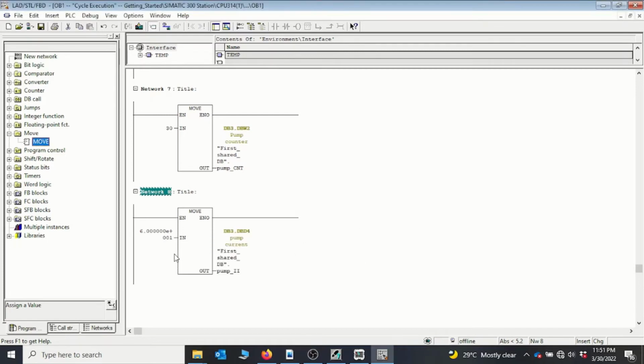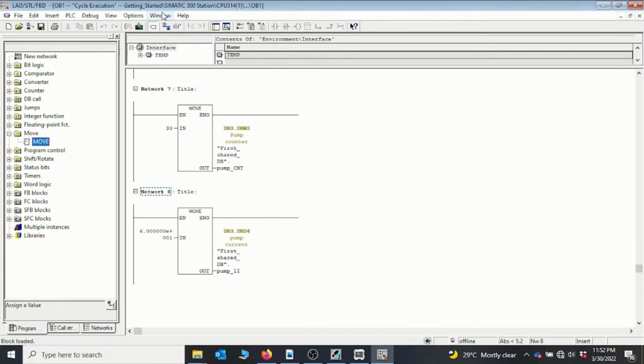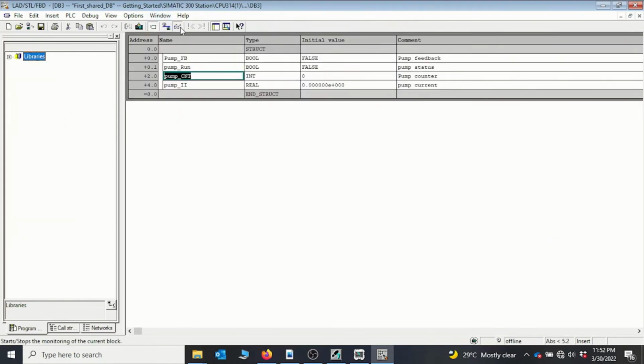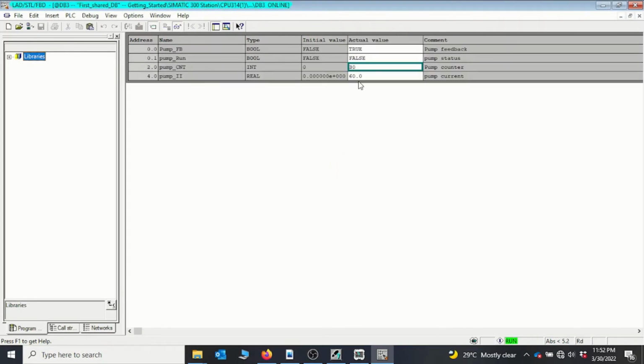When I enter, you see that it's able to grab it. Okay, so I can save. Now this one we are writing 16 to it. Let's see whether we can see the 60 there. I download, and then when I go to Windows and then go to the DB, if I go online, I should be able to see this data in mine. And then voila, we can see that we have